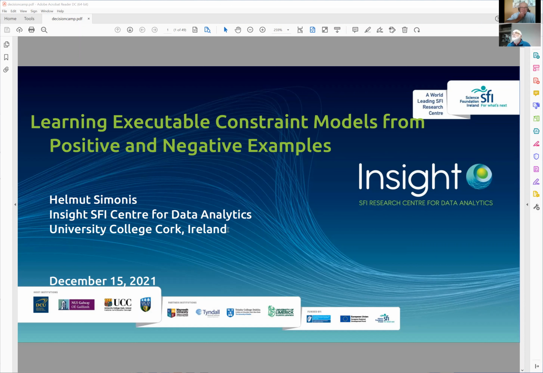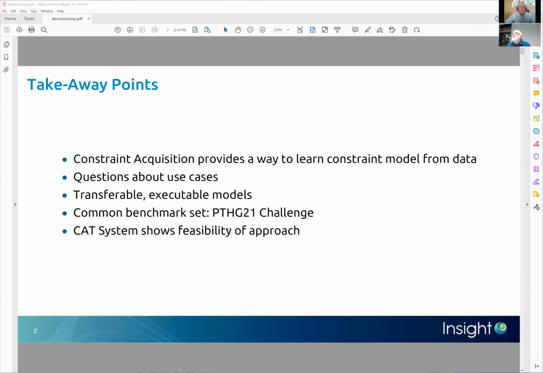We're going to talk about learning constraint models from positive and negative examples. The takeaway points are that we have a way of learning models from data. There are some questions about the use case, and I'm going to try to describe a reasonable use case for that. What we want is a transferable, executable model, so something where we learn from some data and then we can apply that to different data of different sizes,